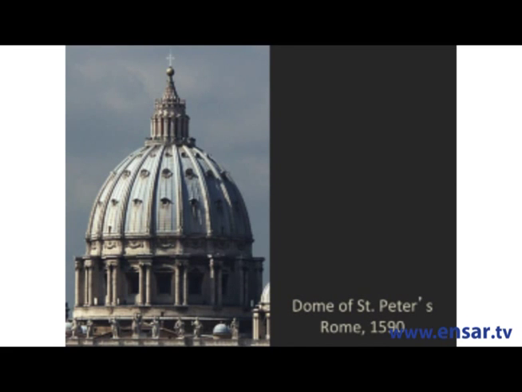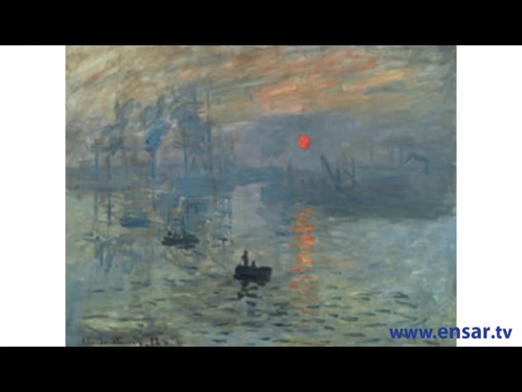Periods and styles in the history of art are categorized often by attributes of form, space, and time. Think of this as a three-place nomenclature, for example, Italian Renaissance architecture or French Impressionist painting.